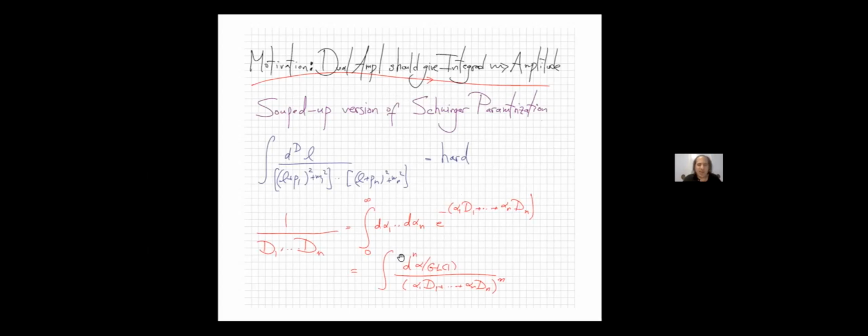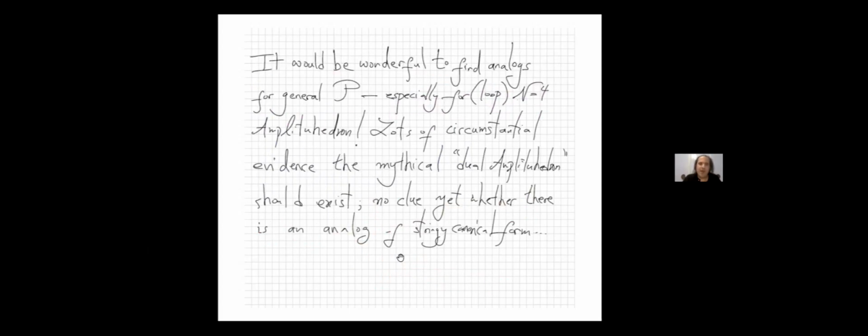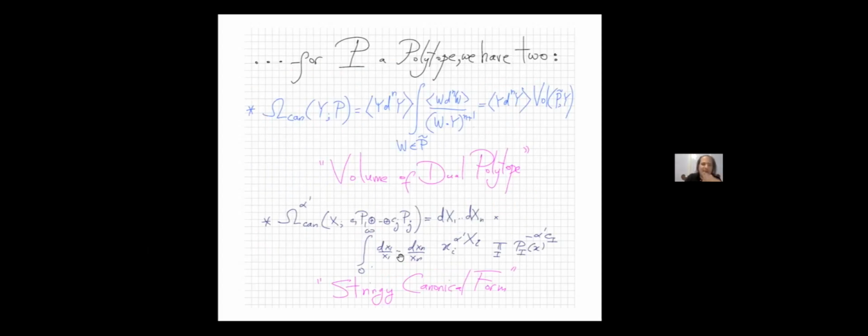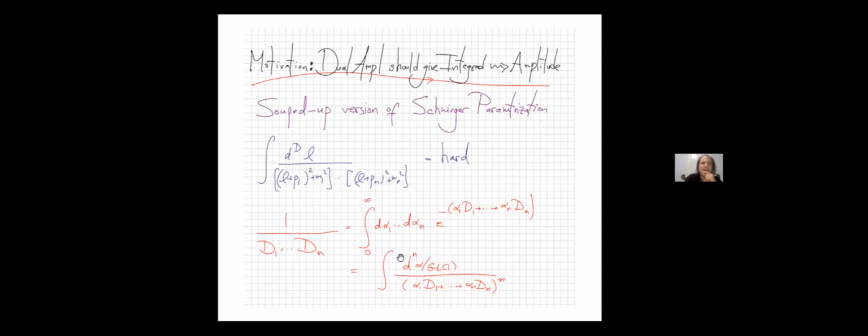But I should say that, you see, I've stressed the motivation here is about finding an intrinsic representation of the canonical form. We're still caring about integrands and canonical forms, no mention of amplitudes yet. I mean, purely within the world of positive geometries and integrands, we want to find these kind of intrinsic representations of the form. But one of the motivations is that if we had such a representation, it should directly give us the amplitude. And at least that's a sort of dream. And the reason is that dual amplituhedra, even dual polytopes, are really some souped up version of Feynman parametrization.